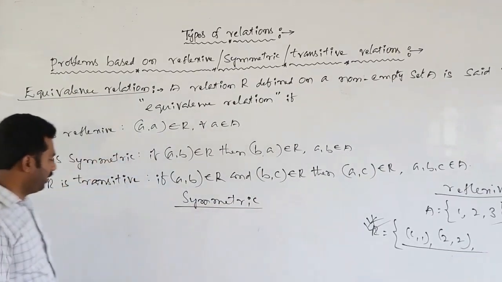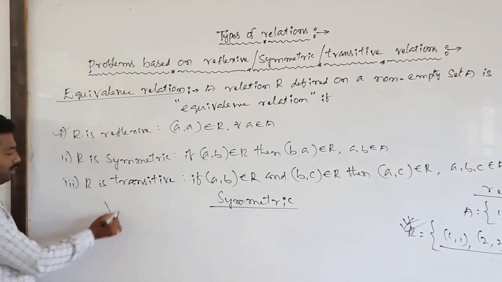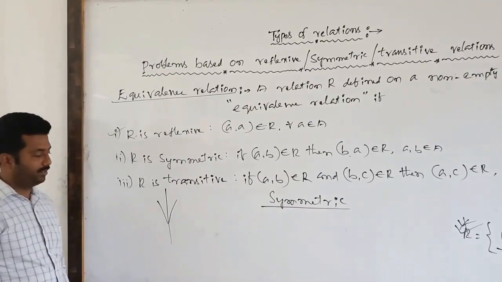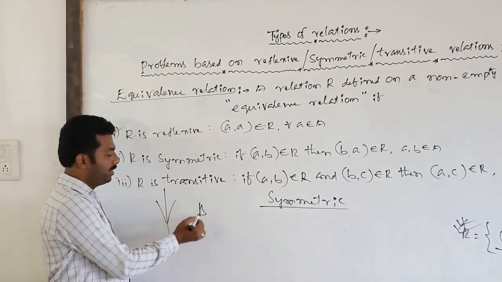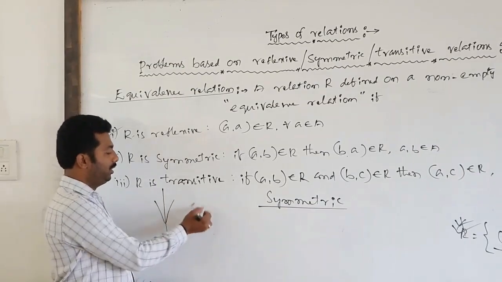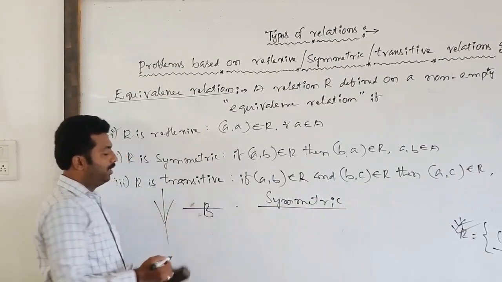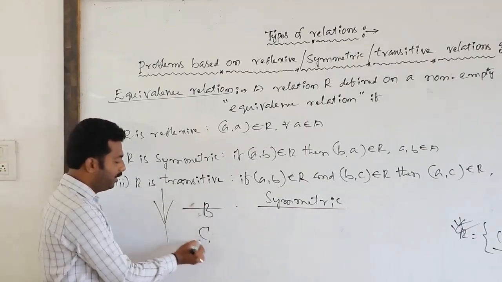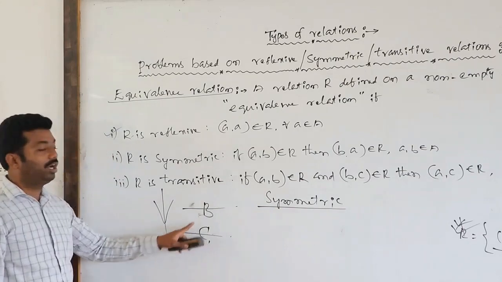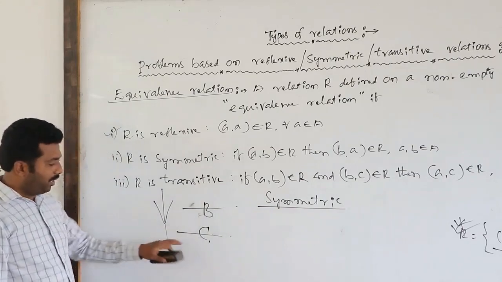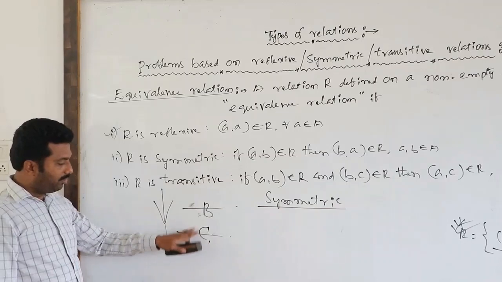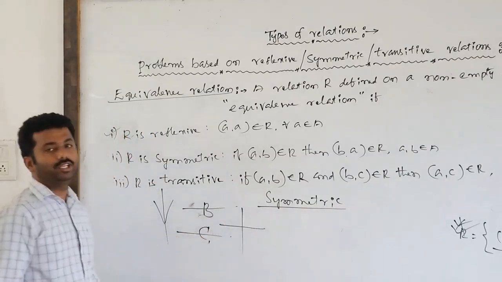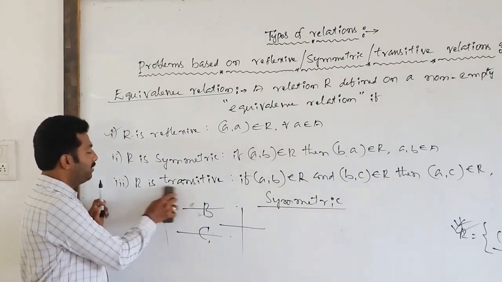You know symmetric, for example, the letter V is there. This is symmetric about the vertical line. Suppose the letter B is there, it is symmetric about the horizontal line. Suppose C is there, symmetric about the horizontal line. Means whatever this part is there, above also the same part will be there. Suppose the x-axis and y-axis are symmetric to each other. So like that, symmetric nature.